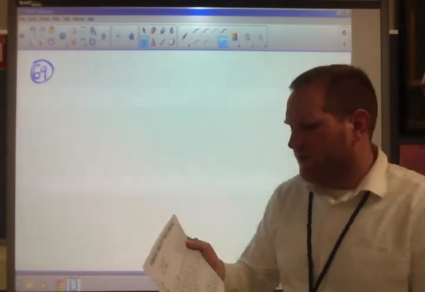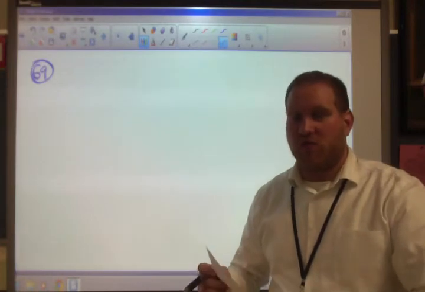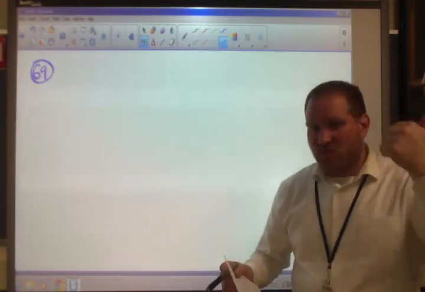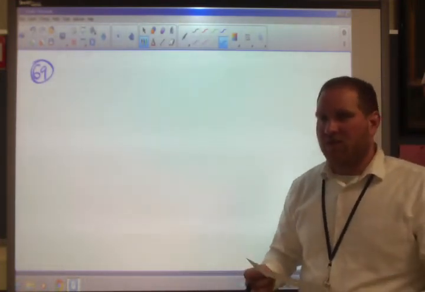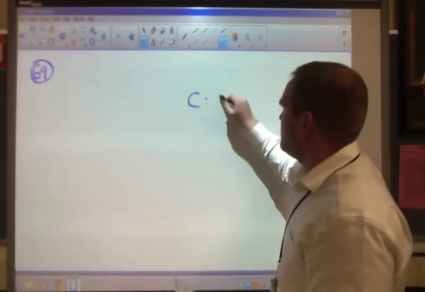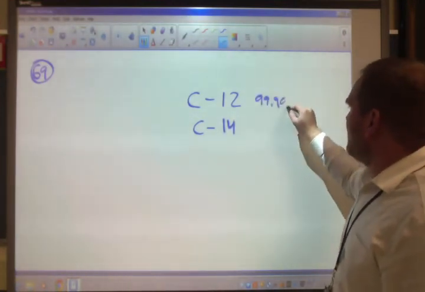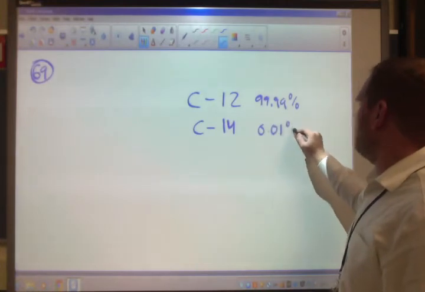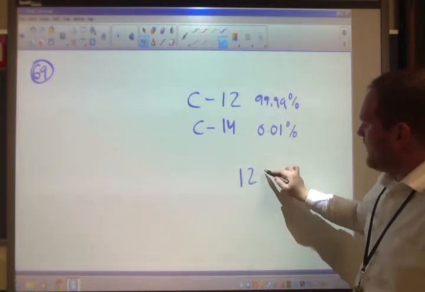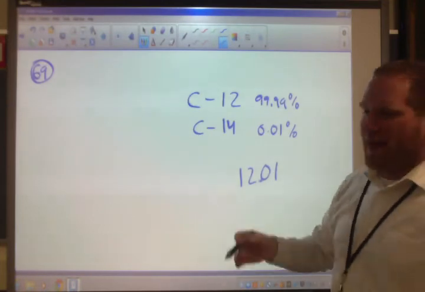So for carbon, it's 12.01. Well, that means that most carbon has a mass of about 12, which would be 6 protons, 6 neutrons. But a tiny percentage has a mass of more than 12. C14 is a very common, well, not a common isotope, but it's a well-known isotope. That's how we carbon date. So again, we have C12, we have C14. This is like 99.99%, and this is like 0.01%, but this tiny bit skews the number up a little bit, so the total atomic mass, 12.01. So it's the weighted average of the mass of the element.